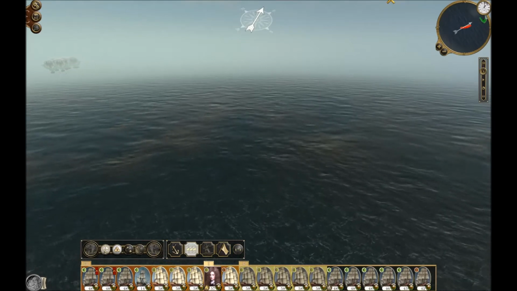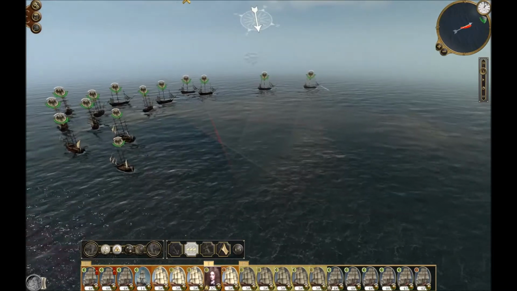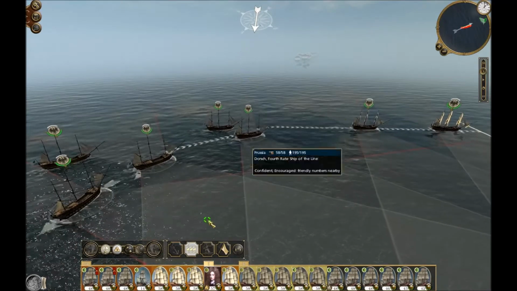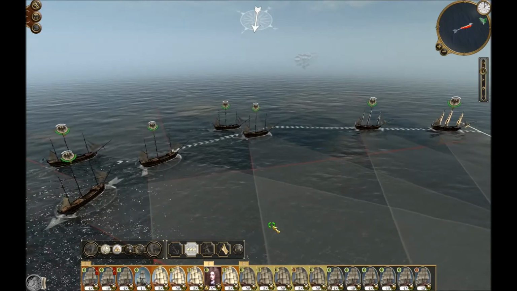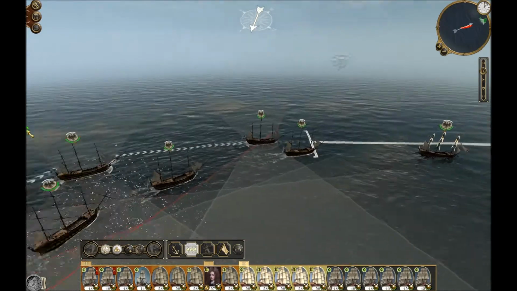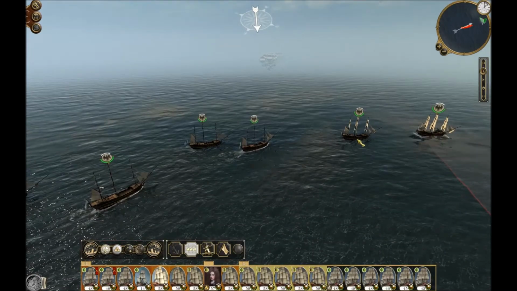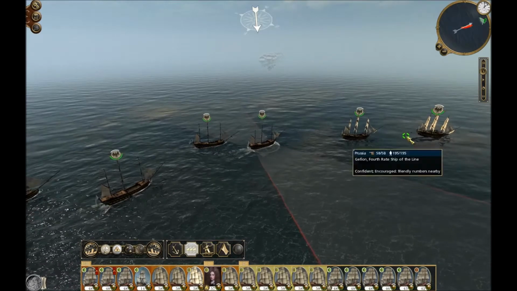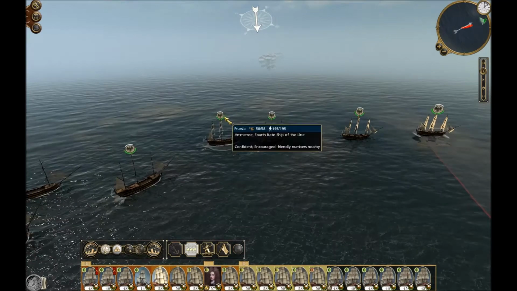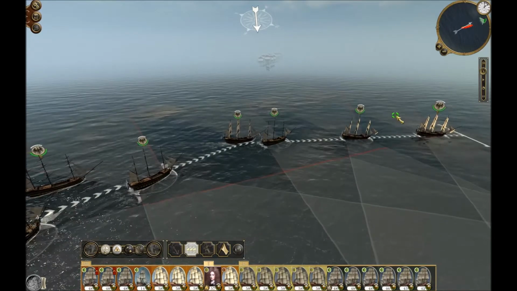We still don't have a lot of sea room to manoeuvre. The edge of the map is somewhere along here. We're a little bit strung out, which again is not good. Okay, we can pull a little bit tighter. So the aim here really is to kind of form a battle line so that we can basically take the guys on and use the advantage of our